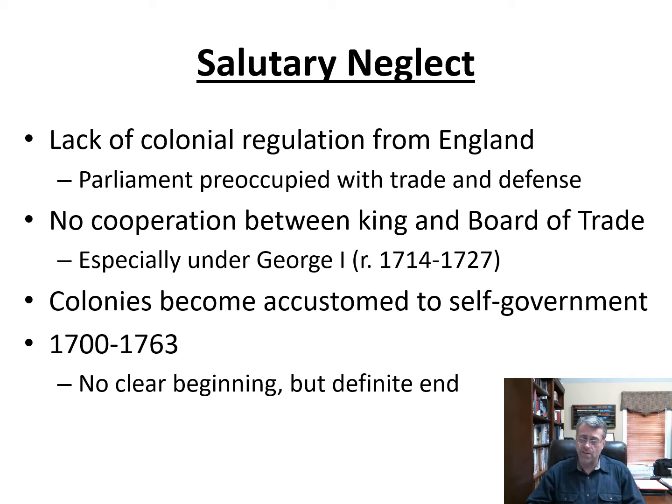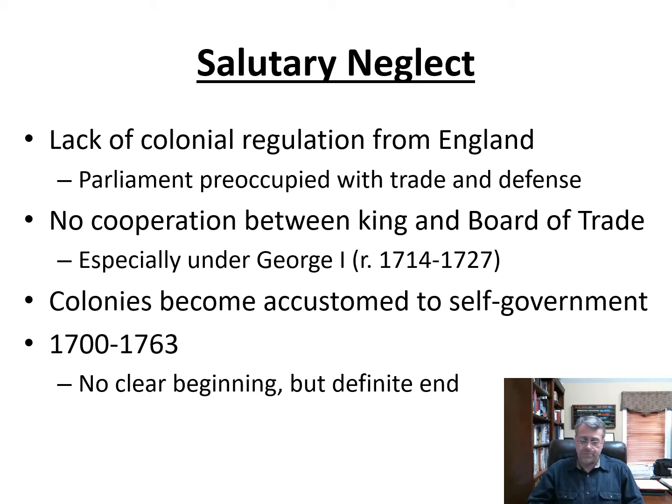They start making more decisions on their own, charting their own course, and over a period of almost 100 years, they are used to doing their own thing. They don't really answer to anybody. And we talked about the Navigation Acts and all these trade regulations that England has adopted over this time period. There were some attempts to enforce these trade regulations, but it wasn't consistent. It wasn't actively enforced. So despite the fact that there are British laws governing the colonies, they're not really strictly enforced.